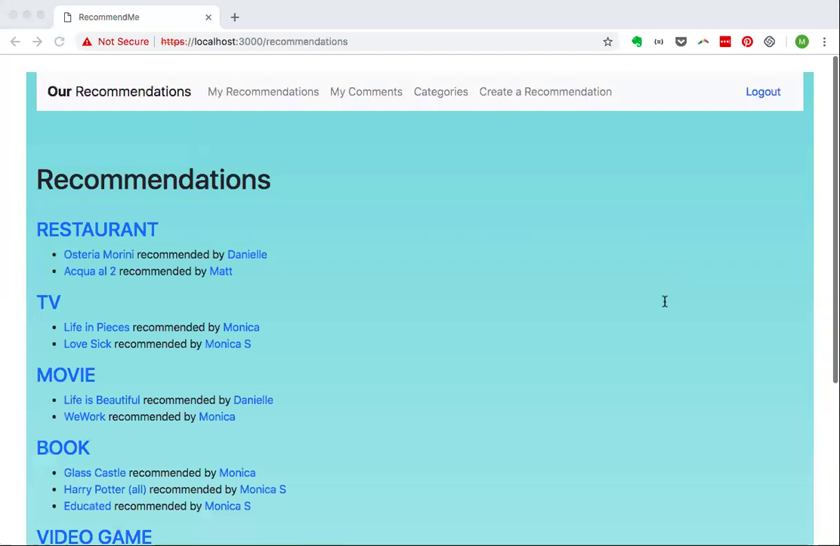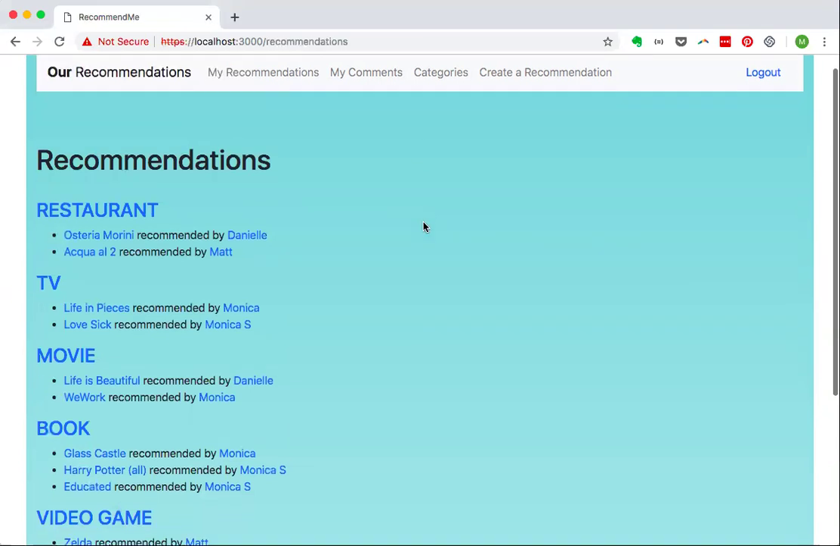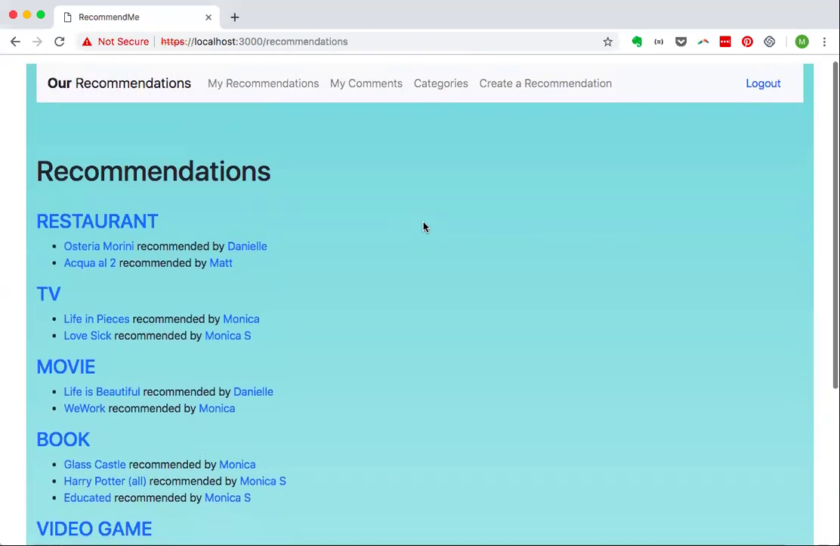The form submission was additional comments. And that is all of the updated functionality that is present in this iteration of my Recommend Me project, the Rails project with JS. Then you can log out